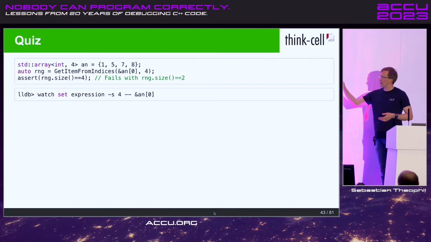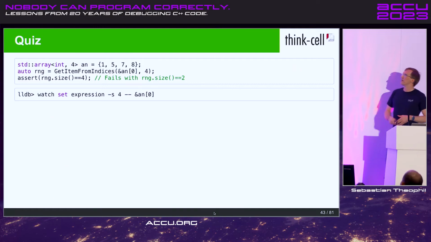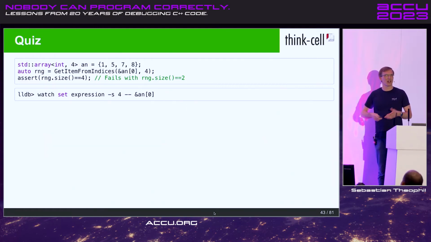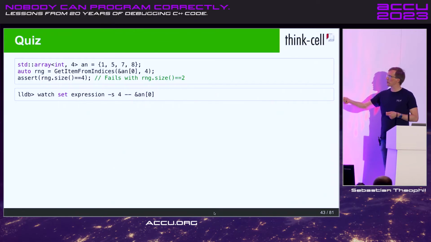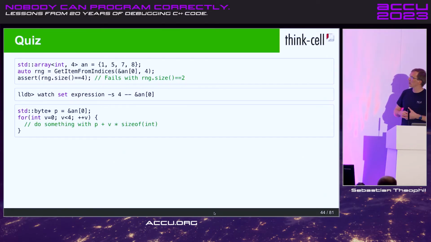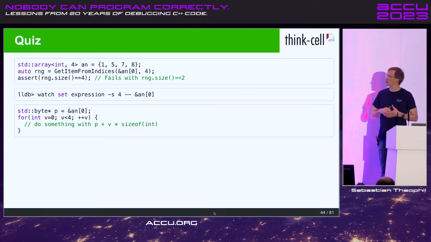So we can use a data breakpoint. Here we tell LLDB, please break when the first element of that array is being read. The first 4 bytes of that array specifically are being read. Because that should happen somewhere in the disassembly, right? Probably close to where the bug is. Maybe that data is passed around and copied, and then you have to do that a couple of times. But here we were lucky. So that's setting the breakpoint. We execute the code. We find this. So this is probably something that happens somewhere. Somebody is reading that array, and then iterating over those elements of the array and computing something.